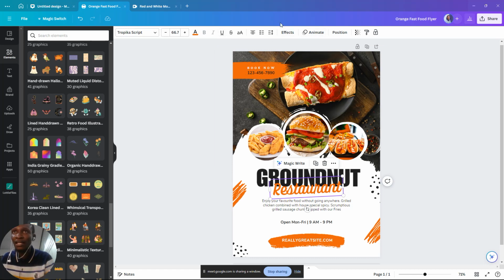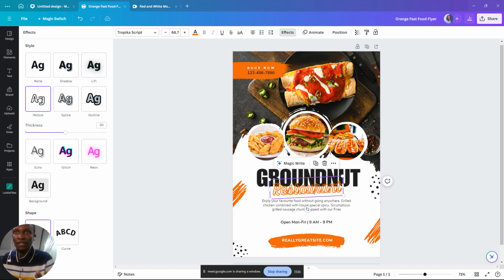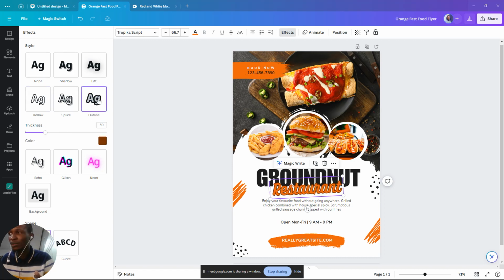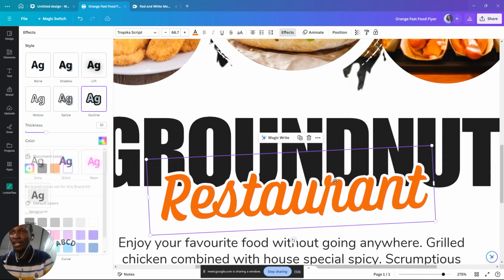Now if you need to add an outline, go to effect. Here's my outline. Okay, you can see outline here. What does outline mean? Outline means a stroke around the edges of your text. I can increase it. You can see that there is a brownish red stroke around the orange color. I can reduce it, I can increase it, and I can also change that color to, let's say, white. Now take a look at what we have here. You can see that the stroke